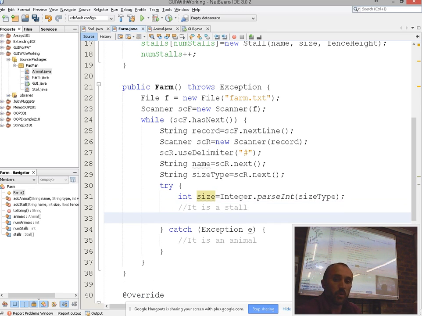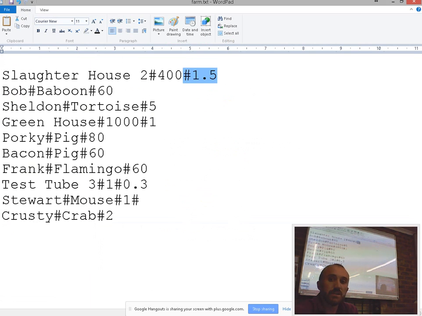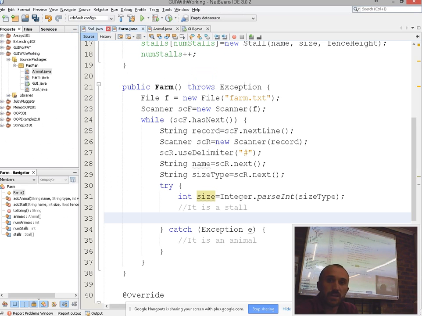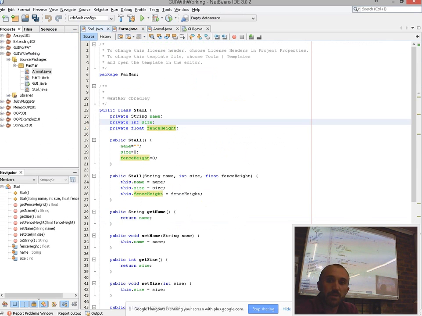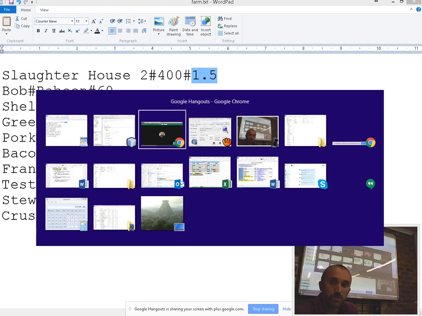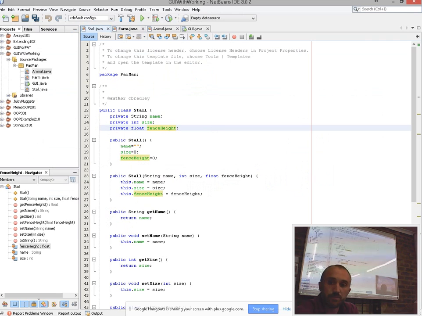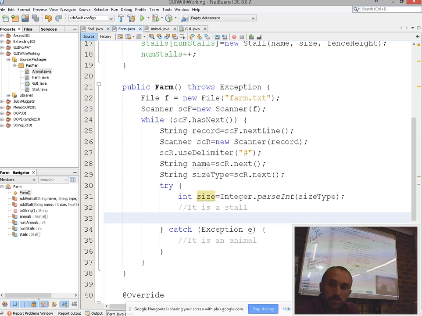Now, if it's a stall, we've got the size. What's the last variable we need? We need the height of the fence. So if you take a look at our stall, it has name, size, and fence height, which is a float data type. So now we're reading in a float. So, sorry, I'm inside farm, this is where I should be. So now we're going to go float fence height is equal to,